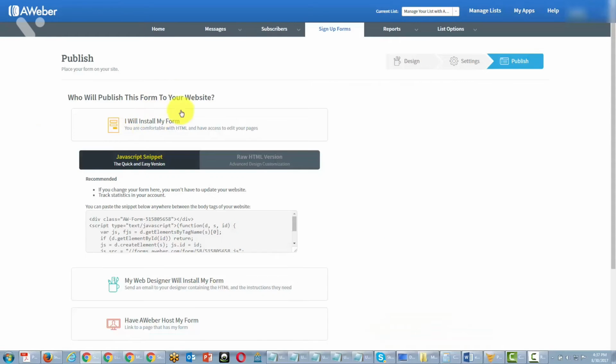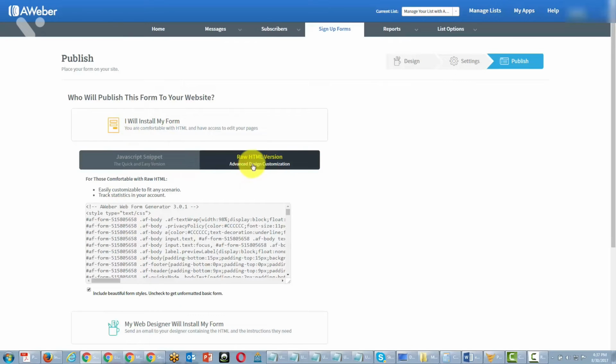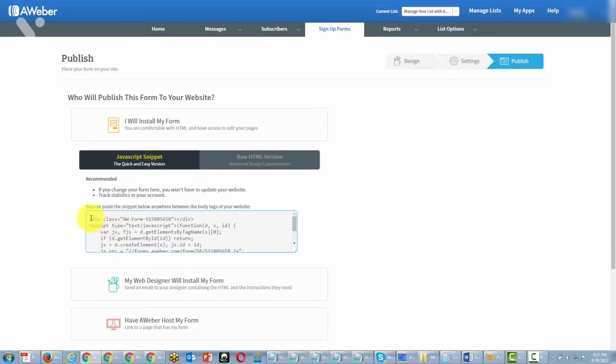form. Once you open the install my form link, you'll see that there are two sides. You'll see a JavaScript snippet and a raw HTML snippet. Now let's talk about the two snippets. Now the JavaScript snippet